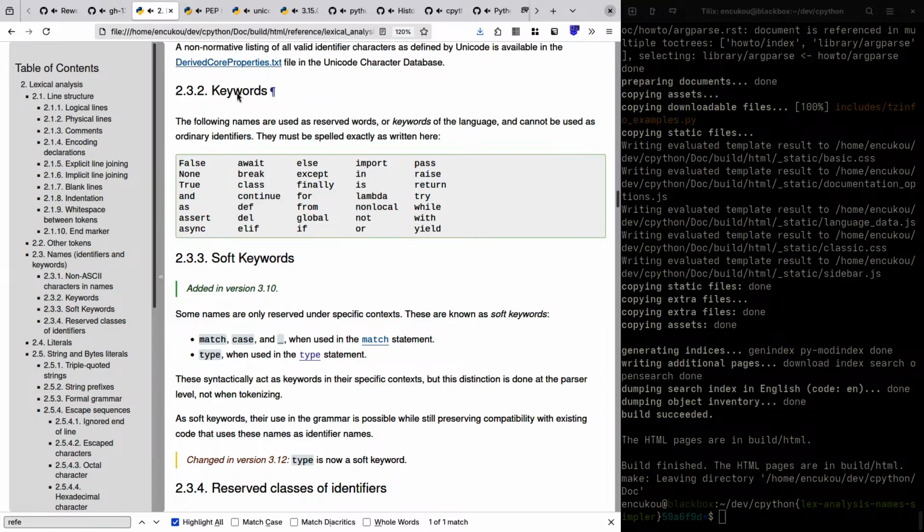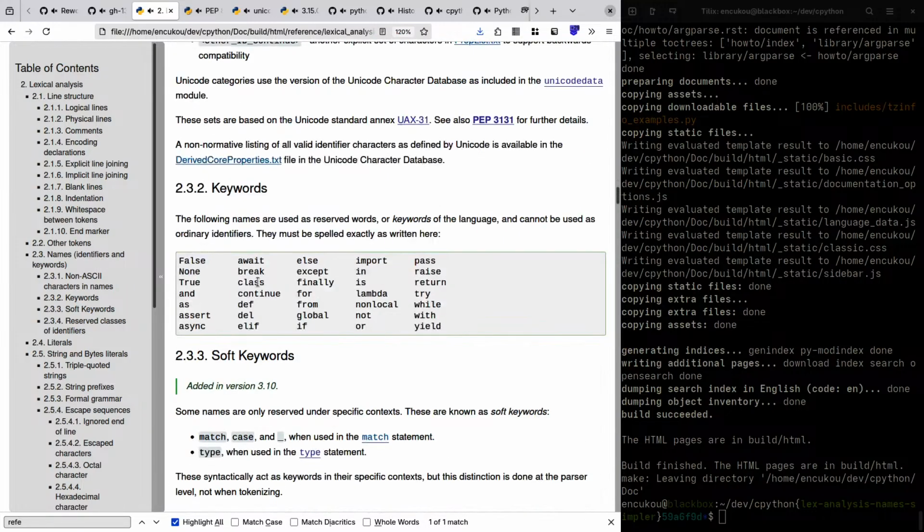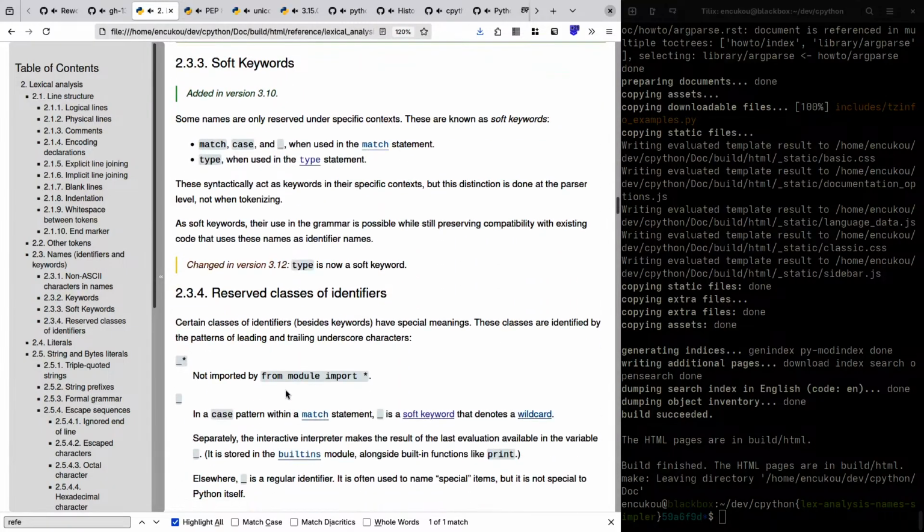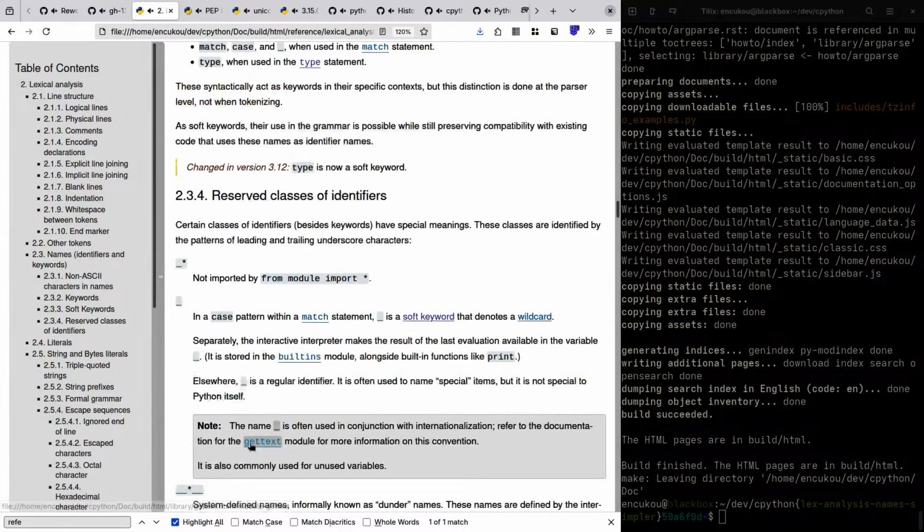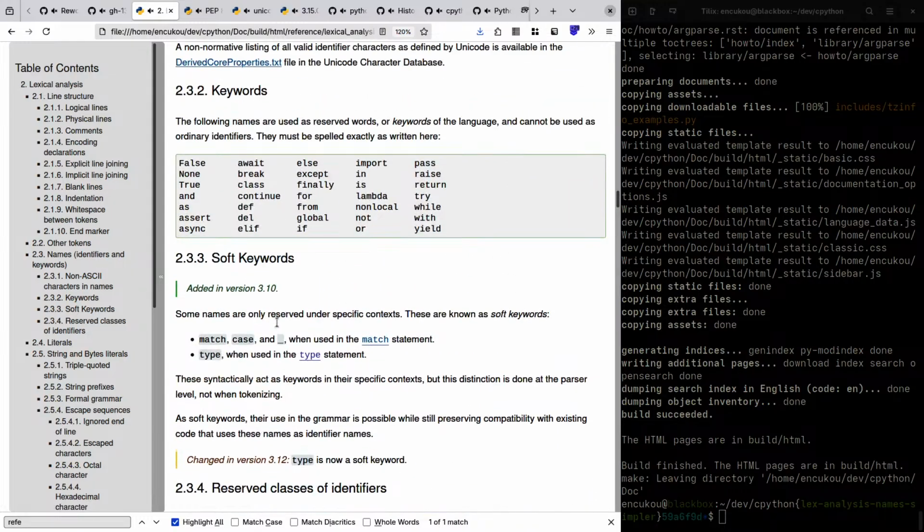You have keywords, soft keywords, reserved classes of identifiers.